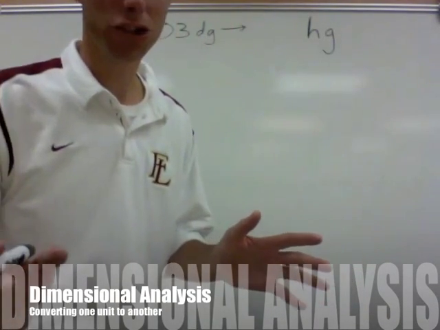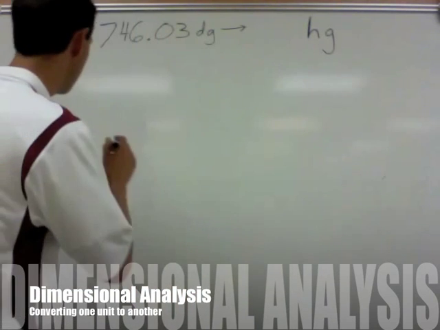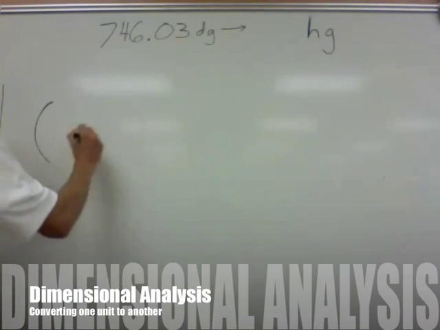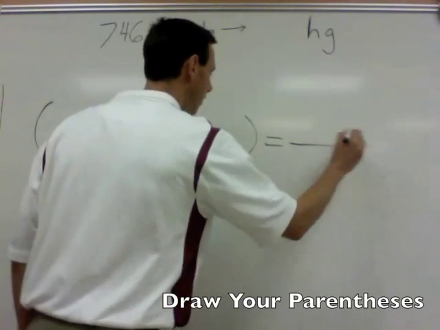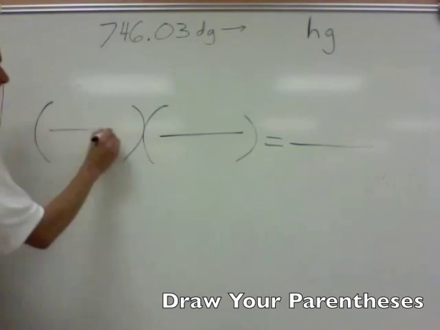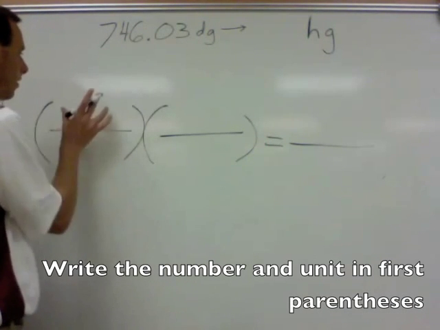Let's do some dimensional analysis. Here's the problem we're going to solve. I hope you already have your parentheses drawn out. All right, I'll draw mine out right here. And we have a fraction times a fraction equals a fraction. Whatever number is here, you put right here,